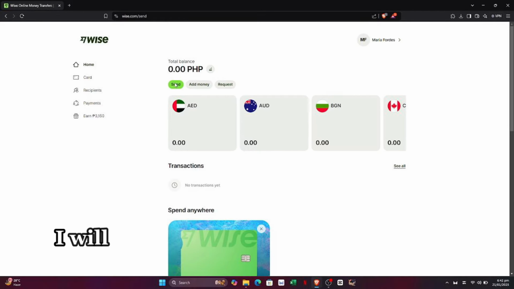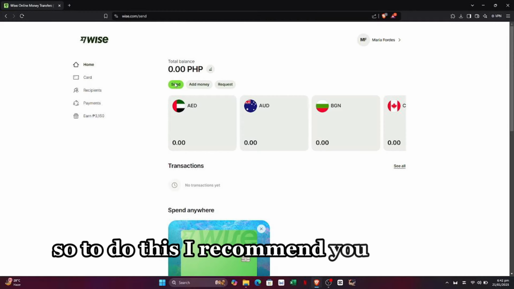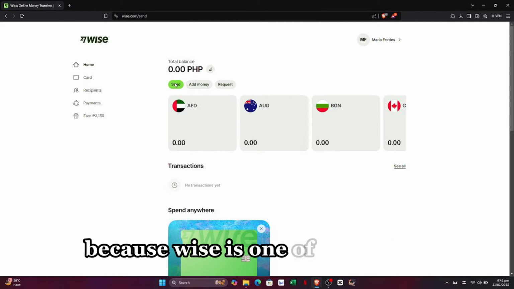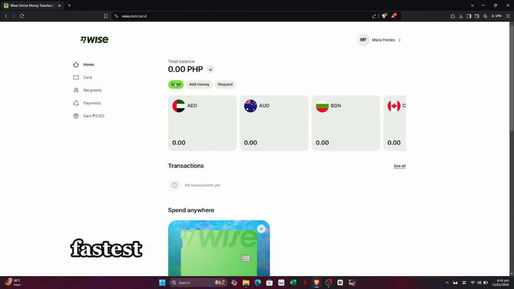In this video, I will show you how to transfer money from India to Germany bank account. So to do this, I recommend you use Wise because Wise is one of the easiest, fastest, and cheapest ways